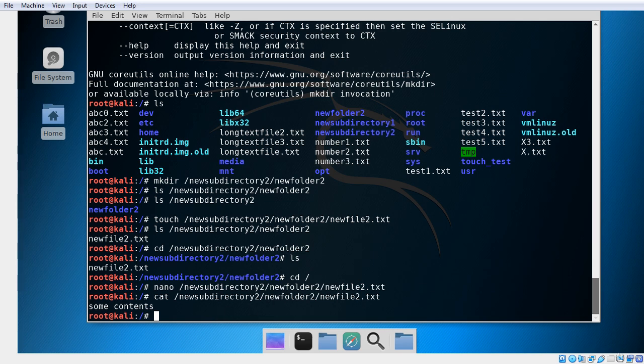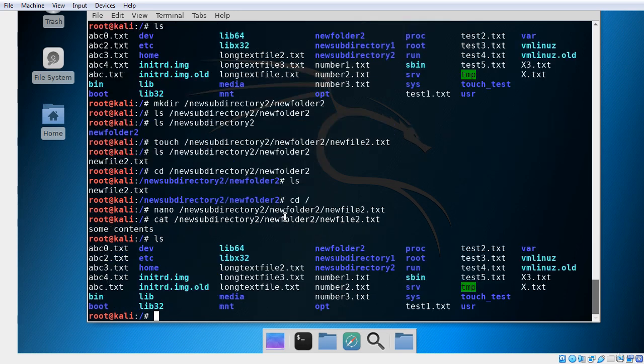Next we have remove, so the remove command. Remove for files and folders. Just for files you would do it like this. So if I said remove all, it would remove all these files in here except for the folders. This one